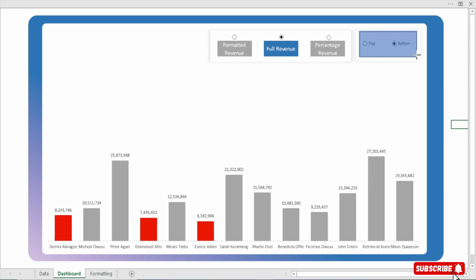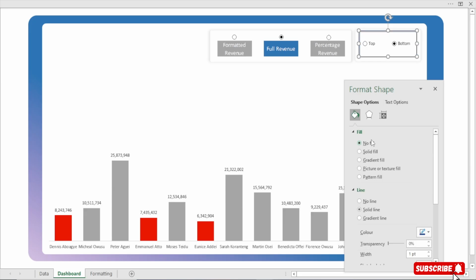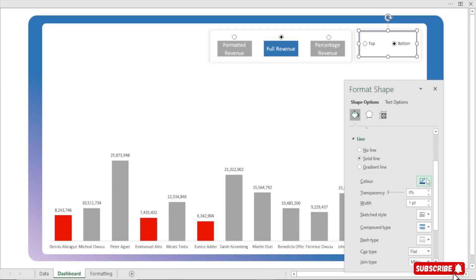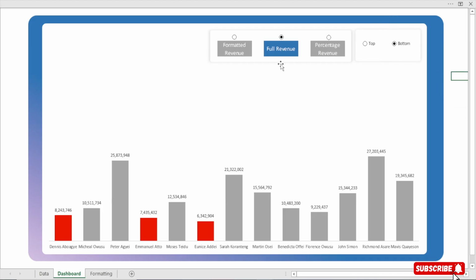Do you see that? I'll select it and press Control 1. I'll say no fill, but the border, I'll use a white border. Then I'll make the width maybe 4, so that it will cover the black shape. Do you see that? Perfect.